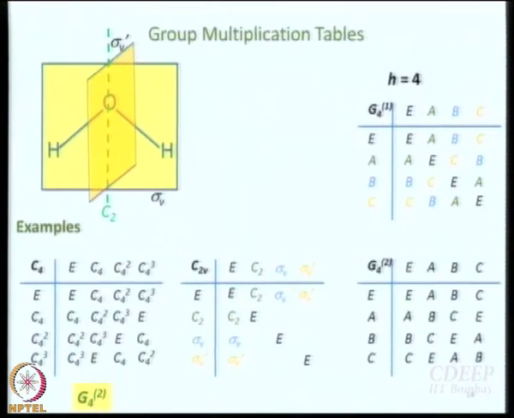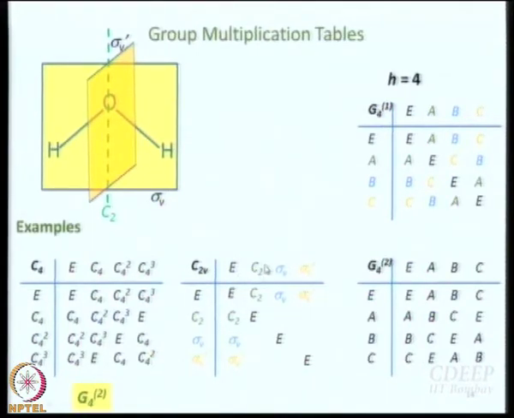Let's take another example, with 4 elements. Can you think of another point group which has 4 operations? Yes, good old C2v. We lose no chance of drawing the structure of the water molecule. So let's see, and for your benefit, what I have done is here the color code is okay. I have already written the first row and the first column and the E's. Just check, is this okay?